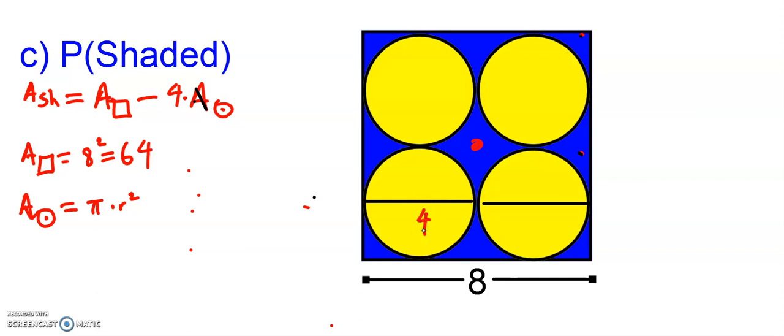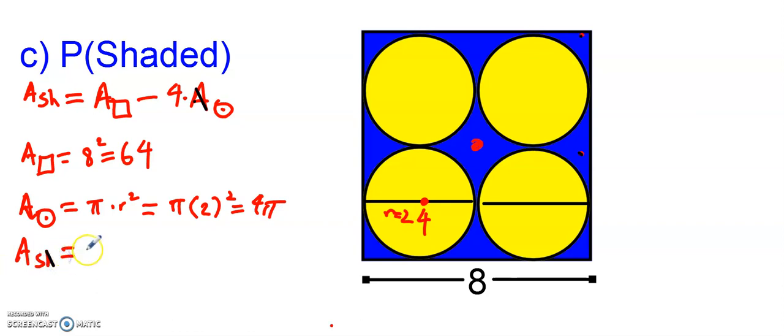But wait, if each circle has a diameter of 4, doesn't that mean my radius has to be 2? So I know then the area of my circle, let me get rid of some of these dots. So the area of my circle, guys, would just be pi times 2 squared, or 4 pi. So I know that the area of the shaded region